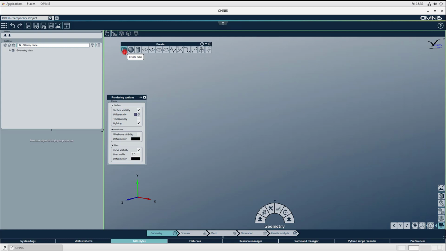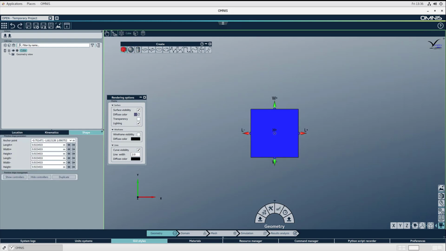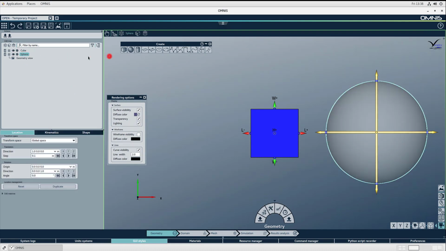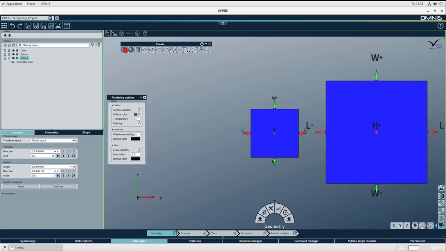Let's have a look at the 3D bodies that can be created by left-clicking on one of the first three buttons in the Create toolbar. If no geometry is selected upon creation of a primitive, the primitive is created at the center of the view with a default size. If a geometry is selected upon creation of a primitive, the primitive is centered at the local center of the selection, and the initial size of the primitive is computed using the bounding box of the